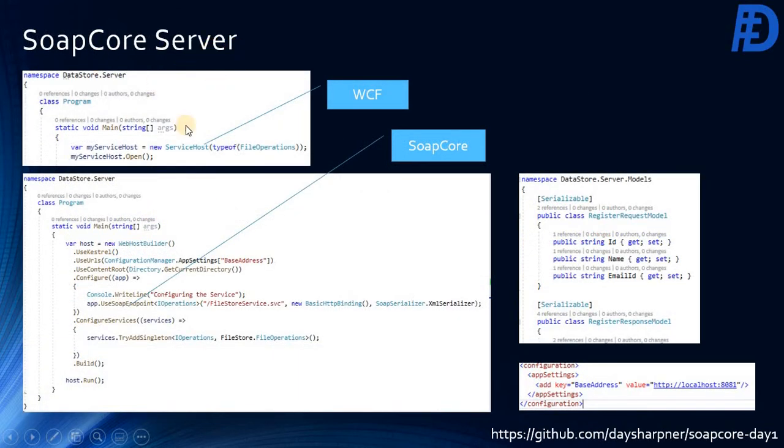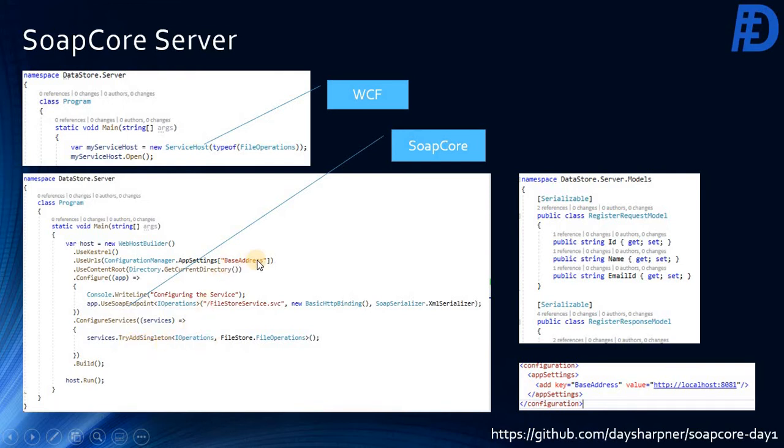In the SOAP core server, you can see the implementation of listening is quite different. In our WCF service, we have a service host and we opened it. This particular application is developed as a .NET Core console application. We have installed a NuGet package in the application so that you can see the app use SOAP endpoint method is enabled here, so that you can add your interface, and the same interface implementation you have given in your service.